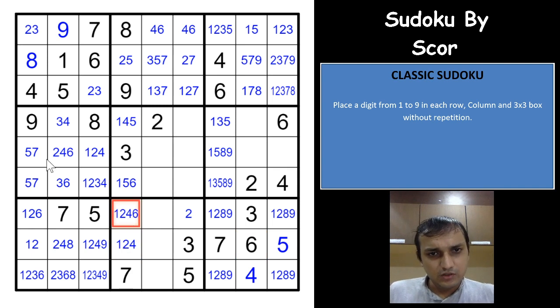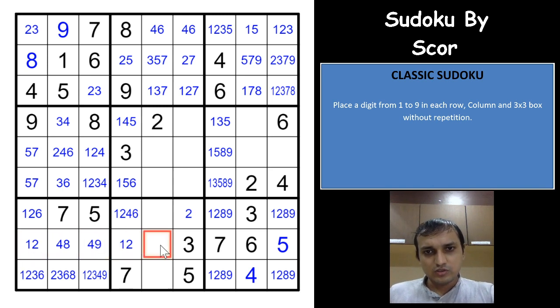Now if you see here, 4 in this box cannot be in any of these 5 cells, right? Which means you have a pointing of 4 here, that eliminates 4 from this cell, and 1, 2 pair here now. So that eliminates 2 and 1 and 2 here. So this becomes 4, 8, 9 triplet here. This was one of the very good logic that I saw here. And if you see here, 5 in this box will have to be in one of these 2 cells only. So you can eliminate 5 from these cells as well.